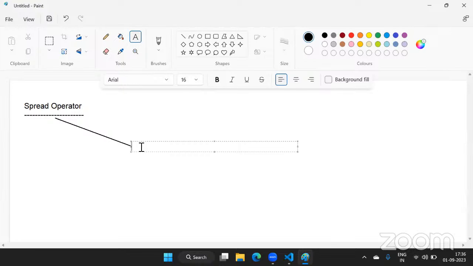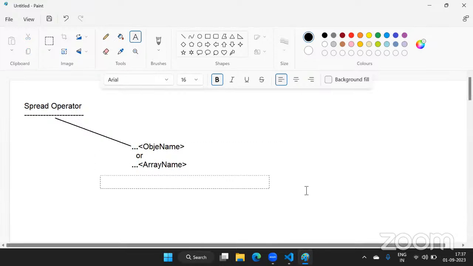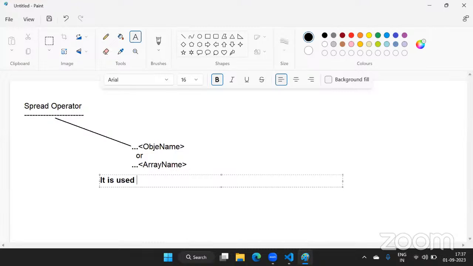Okay, so your spread operator looks something like this: 3 dots, then your object name, or 3 dots, your array name. Now, what is the purpose of this? It is used to copy properties of one object into another object,